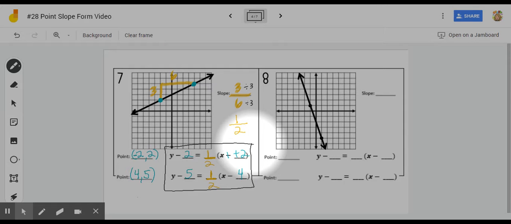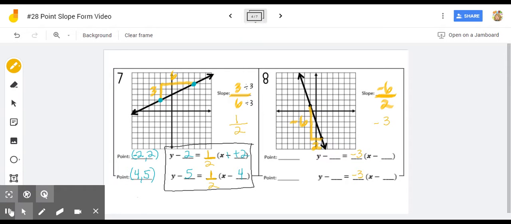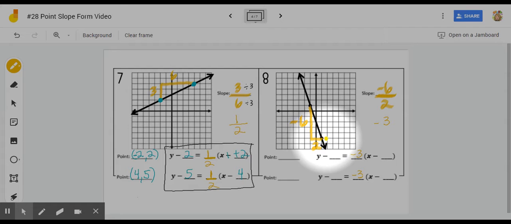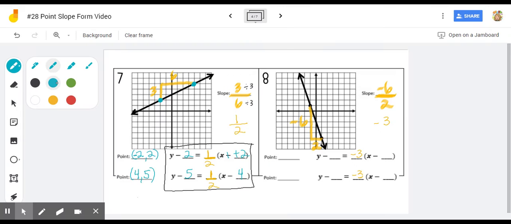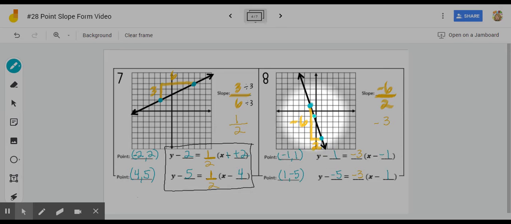All right, now let's try out number 8. Remember to give me that slope, the rise over run first. So we went down 6 and we ran right 2. So our slope is -6 over 2. And if I divide -6 in half or divide those, we get -3 as our slope. Now let's choose who wants to be our point and let's write our equation. If I chose the top point, which is over to the left 1 and up 1 from 0, we would have x minus the -1, which ends up giving us a positive 1, x plus 1, inside the parenthesis, and